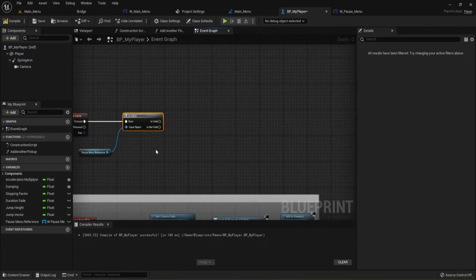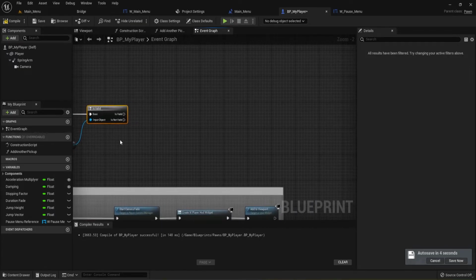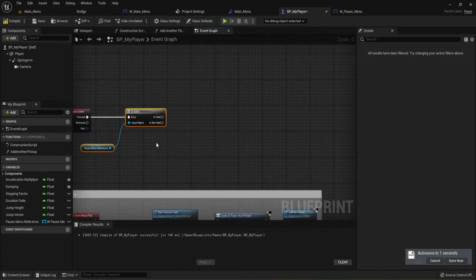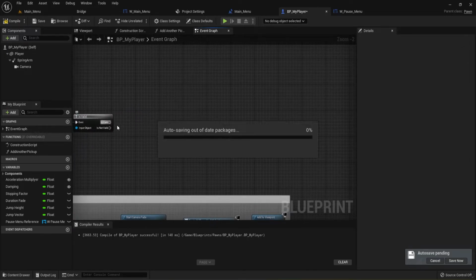So this is valid is going to look to see if we've already got the menu set up on our screen. So did we already press the P button for pause? And if we did, is it going to do it again? Or is it not? If it's not there, it needs to create it. So that's what this branch is going to do for us. It's going to check and see, hey, is this thing already in the scene? Is it valid? And if it is,